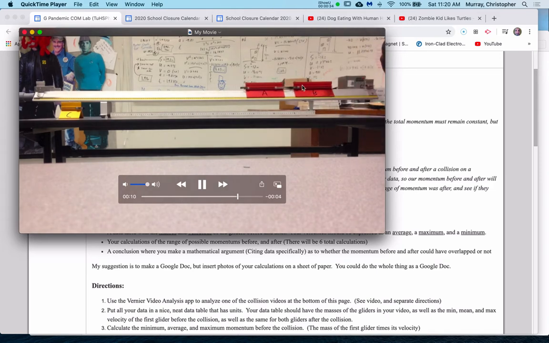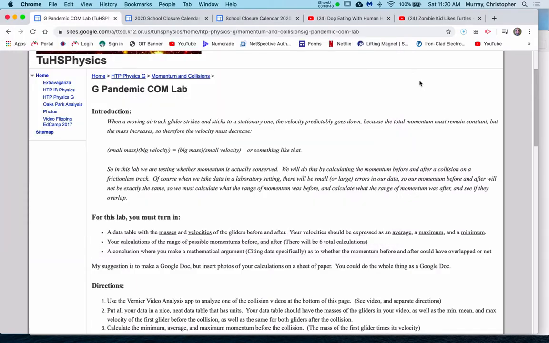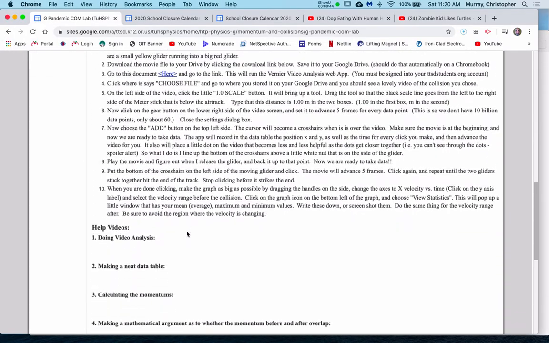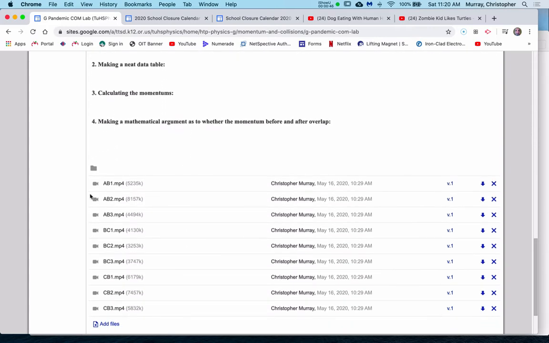But we can't do it just looking at this video. There's a much easier way to do it, so I'm going to show you that. What we're going to do is follow these directions. We're going to pick a movie at the bottom of the page. This A and B are basically the same mass. If you look at these movies here,